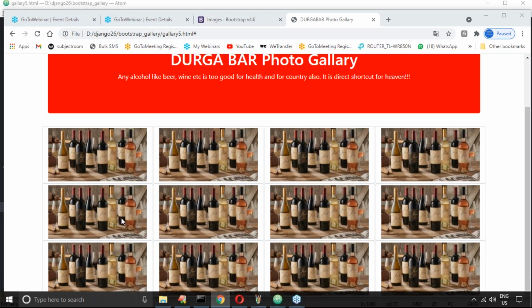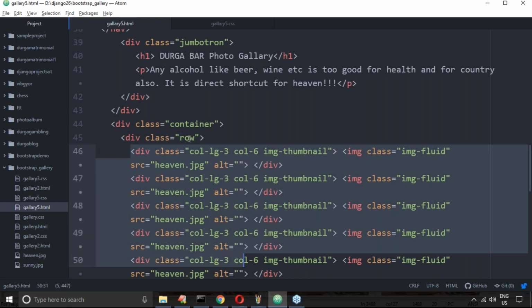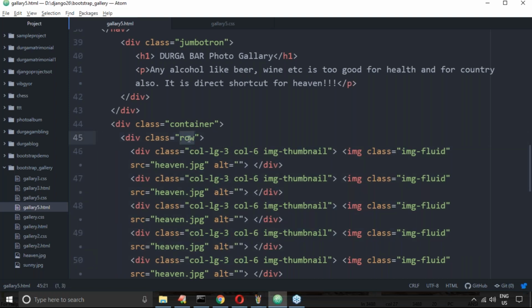Have you observed, right? All these elements are available inside a row, correct? Row to row, I want more gap. What I will take inside this row div tag is a margin bottom or margin top.